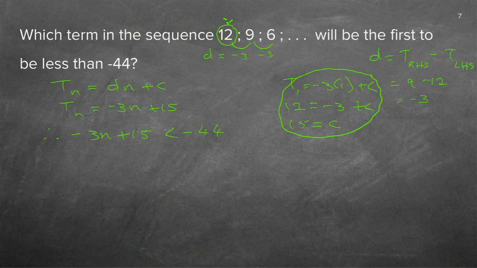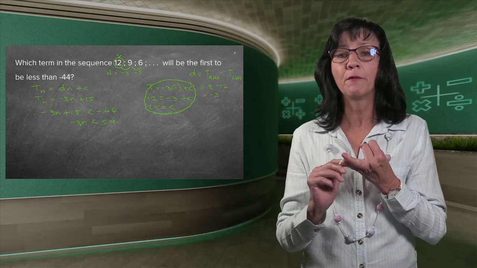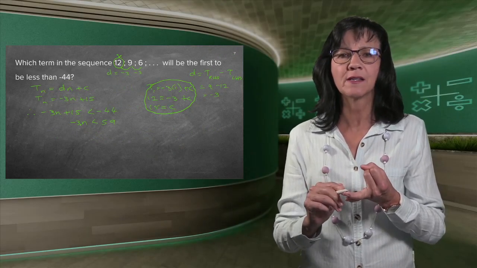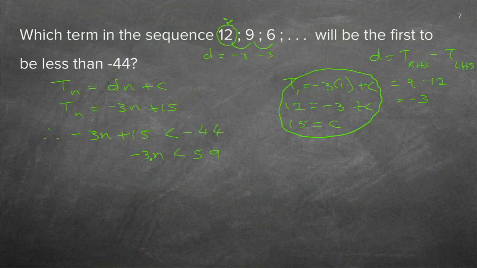So now I need to solve this. So minus 3n, if I take that over, it becomes minus 95. And now a very, very important thing that I wonder if you remember. I need to get rid of the minus 3. So I need to divide by minus 3 because it's being multiplied there. I must do opposite working, so I must divide. But whenever you divide or multiply by a minus, I hope you remember from long ago that the inequality sign swaps around. So if I divide by minus 3, this now becomes a greater than, not a smaller than anymore. And it's minus, go in there, 1,